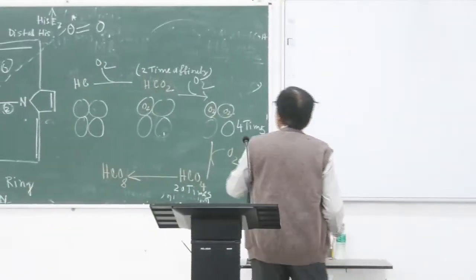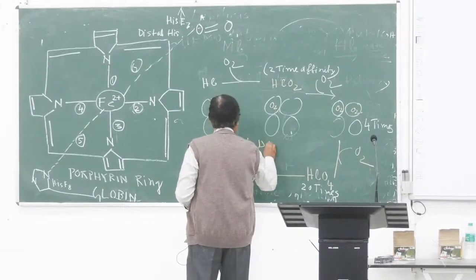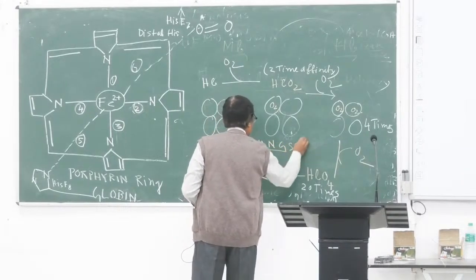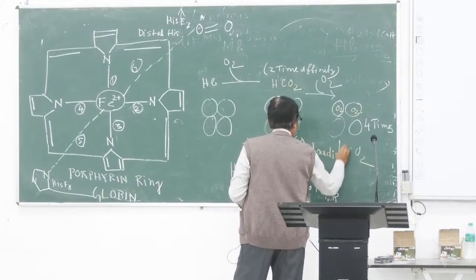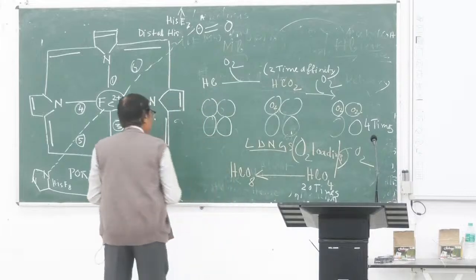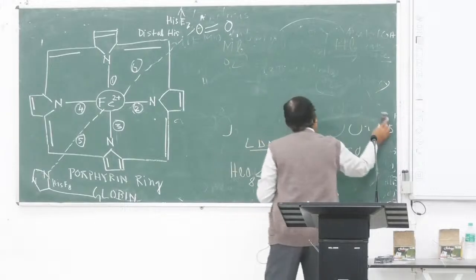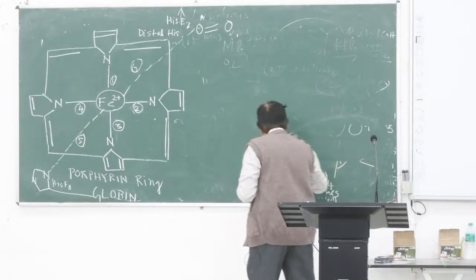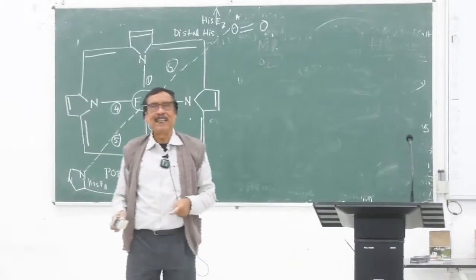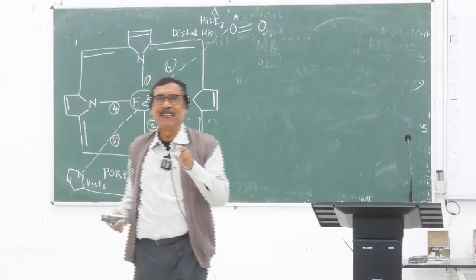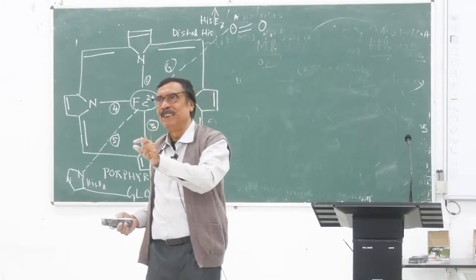এই ঘটনাটা ঘটে কোথায়? লাংসে। টিস্যুতে ঠিক উল্টো হবে। টিস্যুতে কি হবে? টিস্যুতে আনলোডিং হবে, এবং আনলোডিং এর ক্ষেত্রে সেম ফেনোমেনা। একটা অক্সিজেন অ্যাটম, সেকেন্ড অক্সিজেন অ্যাটম রিলিজটা ইজিয়ার হবে। সেকেন্ড অক্সিজেন অ্যাটম রিলিজ হওয়া মানে থার্ড অক্সিজেন অ্যাটম রিলিজ হওয়াটা আরো ইজিয়ার হবে। থার্ড অক্সিজেন অ্যাটম রিলিজ হওয়া মানে ফোর্থ অক্সিজেন অ্যাটম রিলিজ হওয়াটা আরো ইজিয়ার হবে।